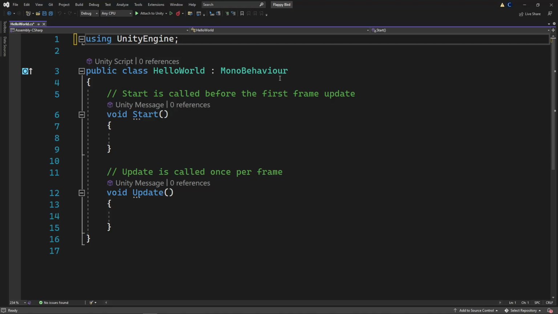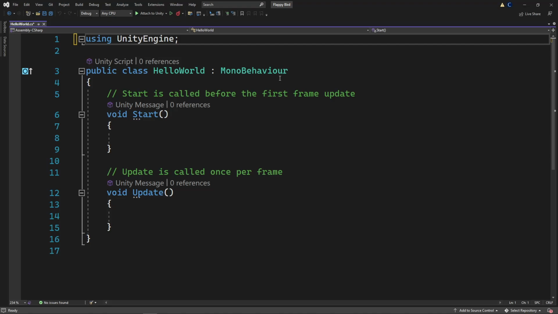Third one, however, is super important. If you get rid of this, you'll notice that if you have the Unity integration working, it's going to pop up some red squiggly lines and tell you the errors before you even compile the scripts. I'm actually going to do this for demonstration purposes, but if I save this by hitting Control S after deleting that, and I go back over to Unity, it's going to recompile, and that's an example of an error. It's going to say, hey, the type or namespace MonoBehaviour could not be found. So it actually literally says there, are you missing a using directive?